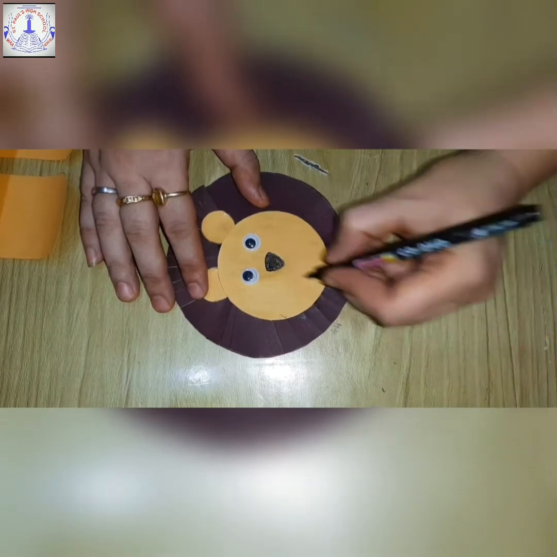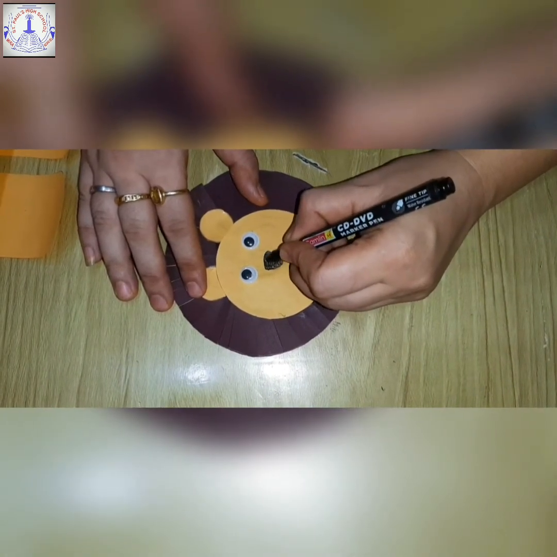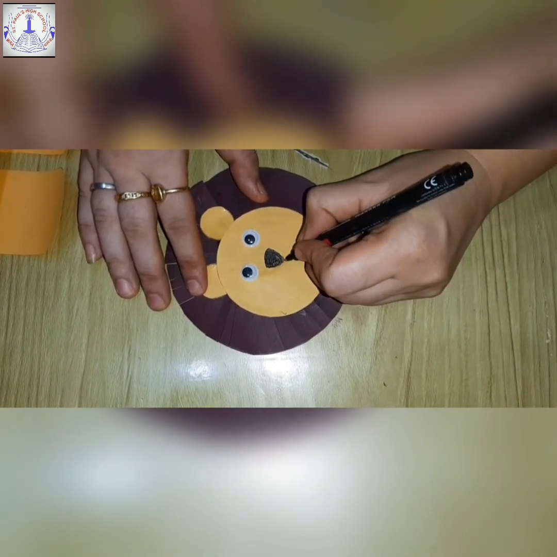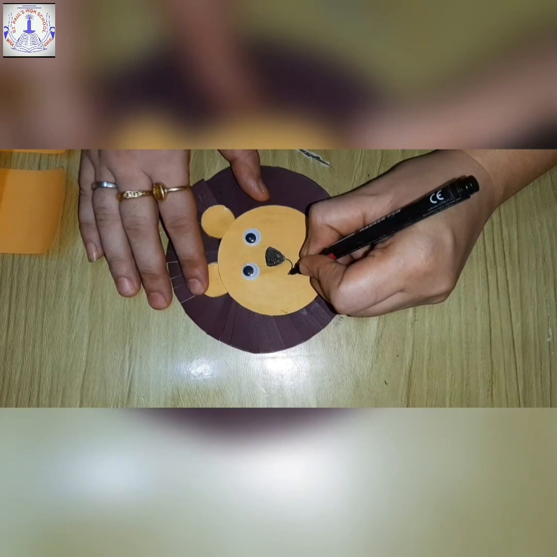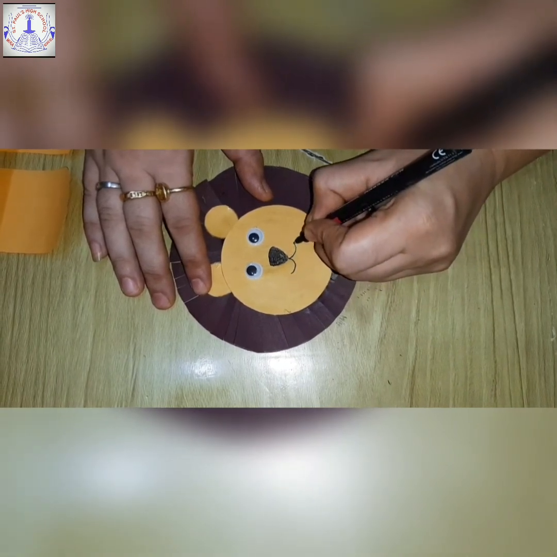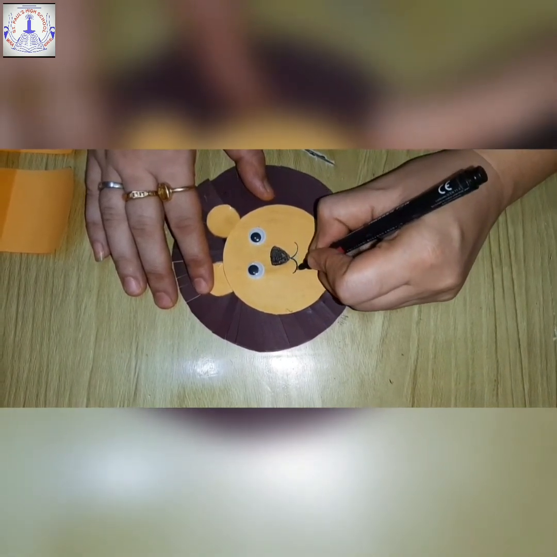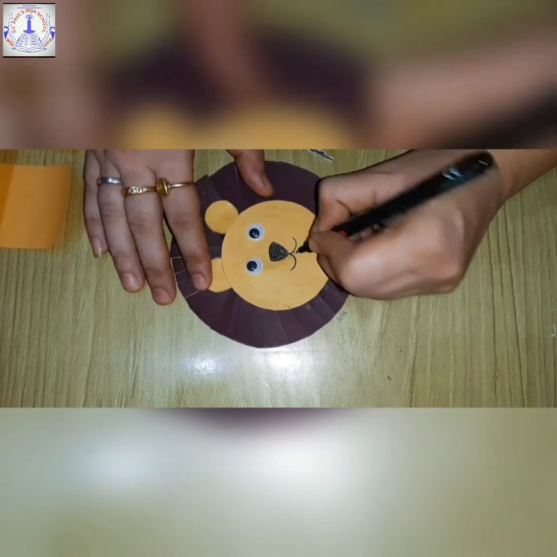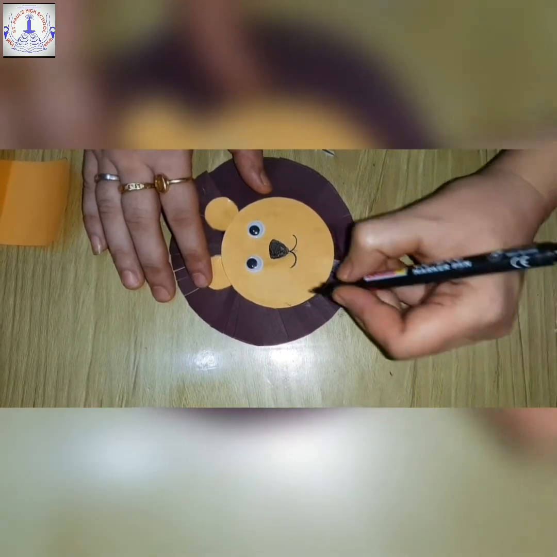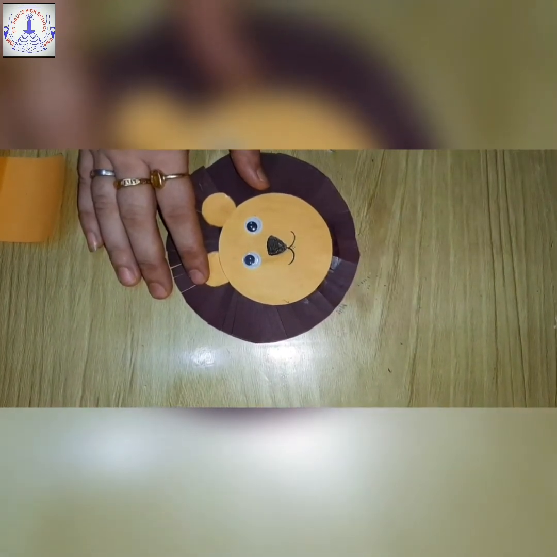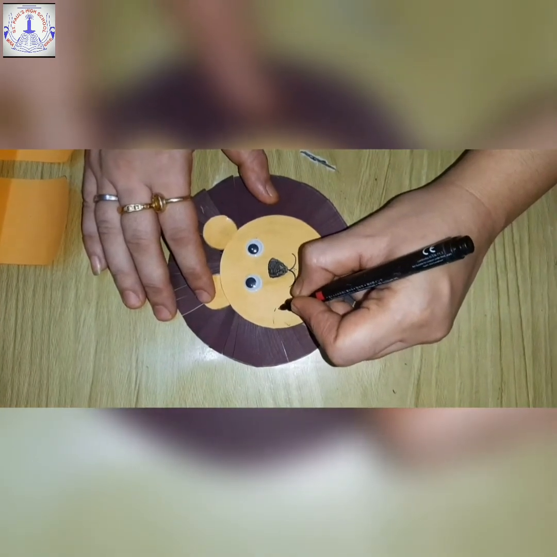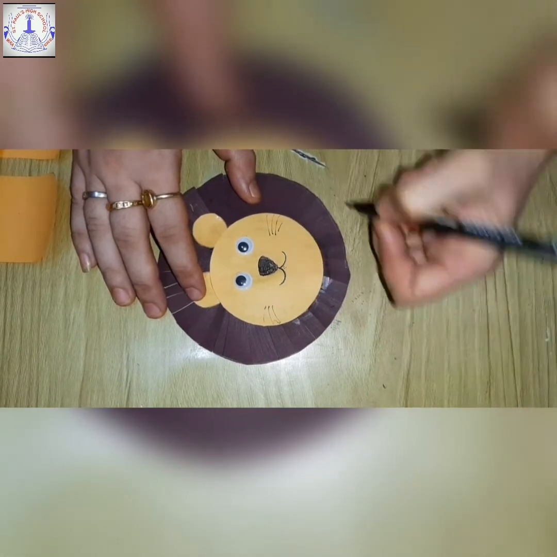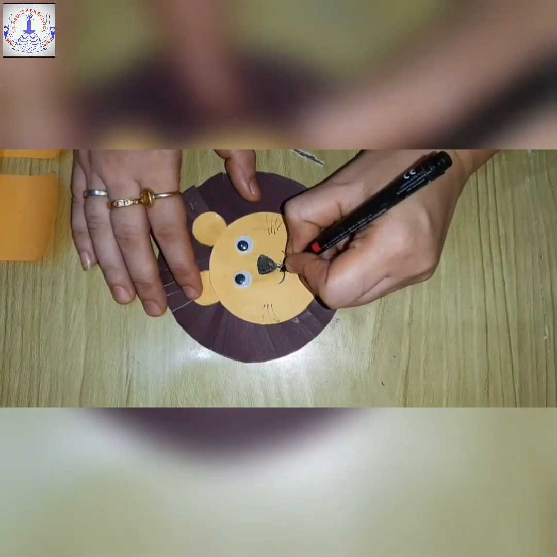So we are done with ears, face, eyes, nose. Now the next is the mouth. This way we are going to make a jumping line towards the left side and the next towards the right side. You can put a small dot near the mouth area. Now the whiskers we are going to make at the edge of the face like this. 1, 2, 3 on both sides you can draw whiskers.